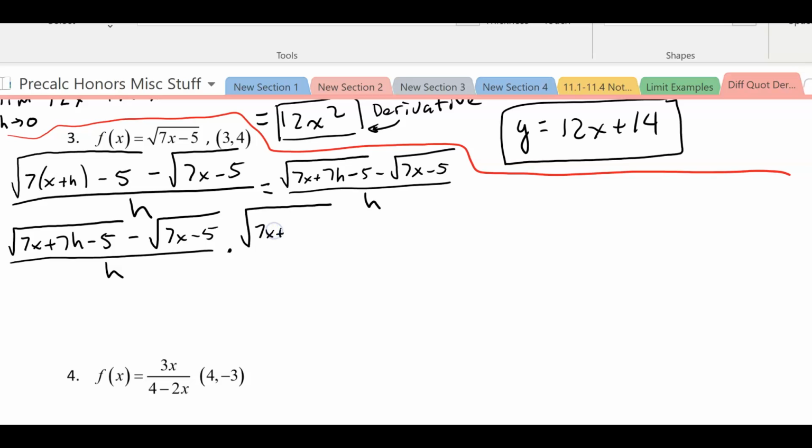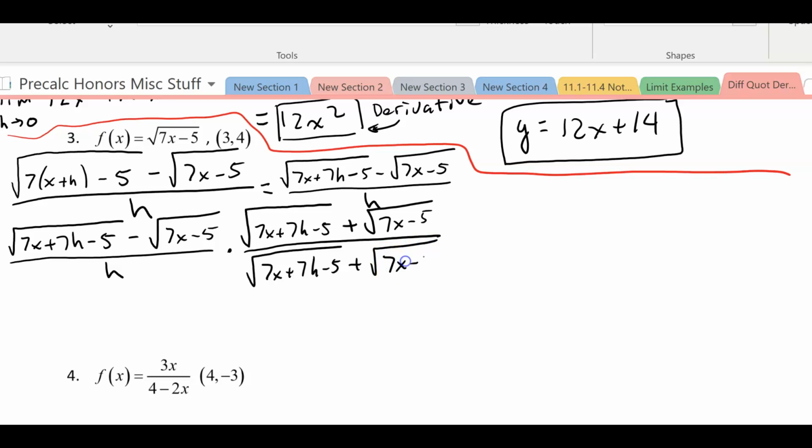So 7x plus 7h minus 5 plus the square root of 7x minus 5 all over that same thing, 7x plus 7h minus 5 plus the square root of 7x minus 5. So what that does is it gives us a difference of 2 squares in the numerator, and we end up with